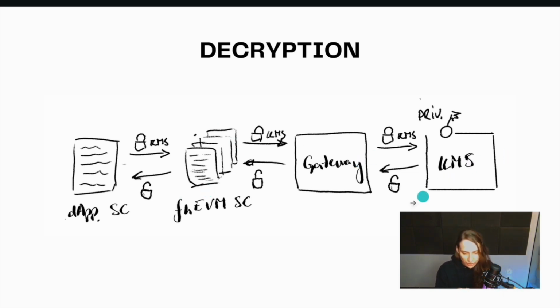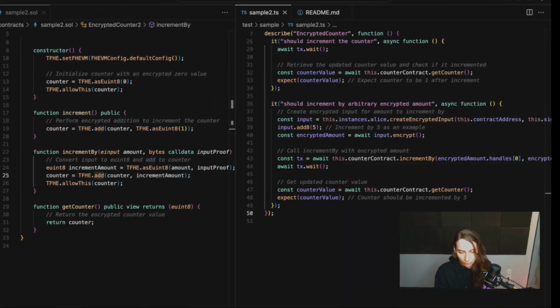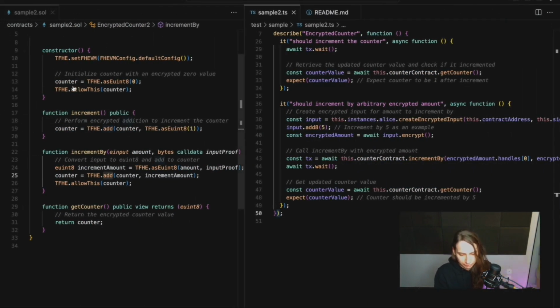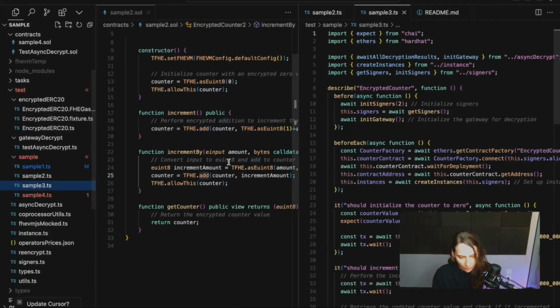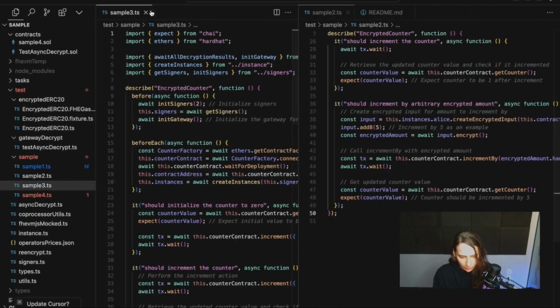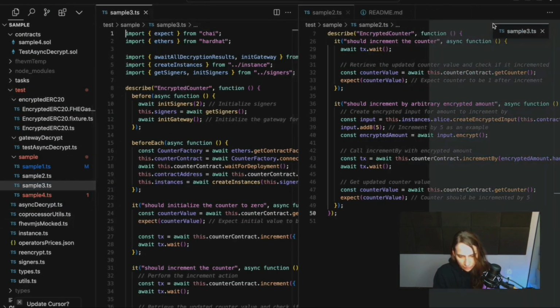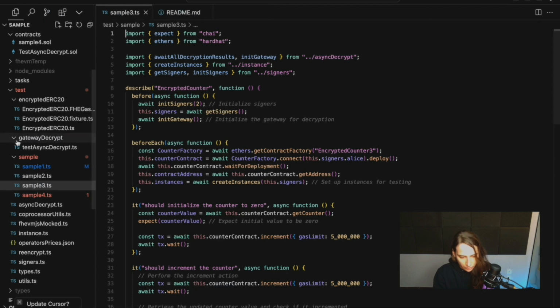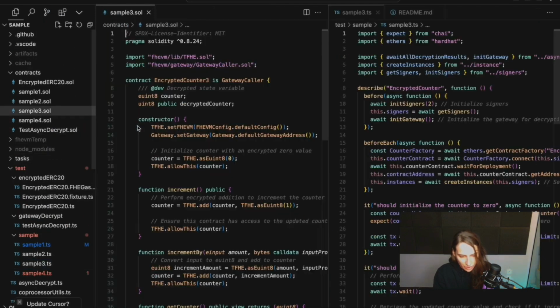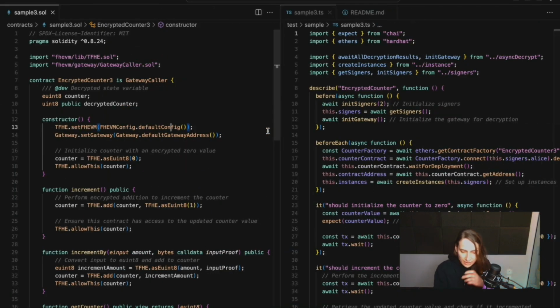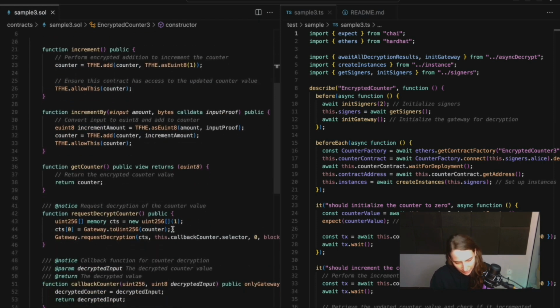So what would trigger this? It would trigger a chain of events where the R value would be public for everybody always. Before it was private, now it is public. So let's find our new sample and our new contract, and see how we can make something like this happen.